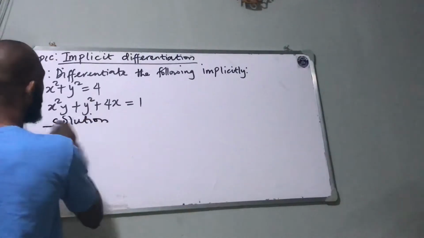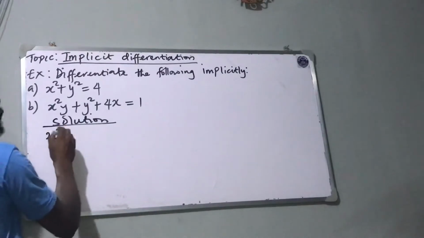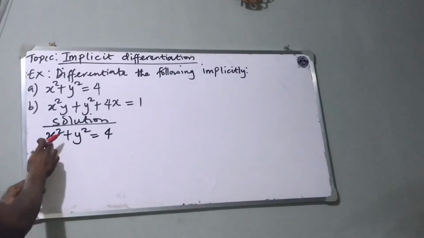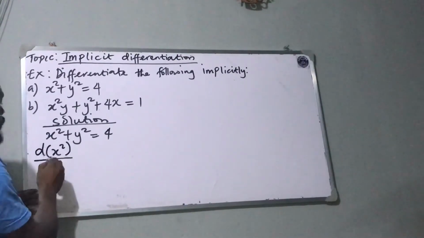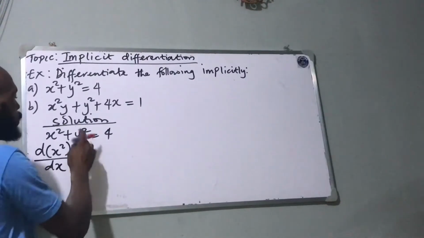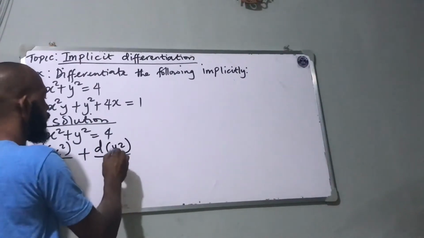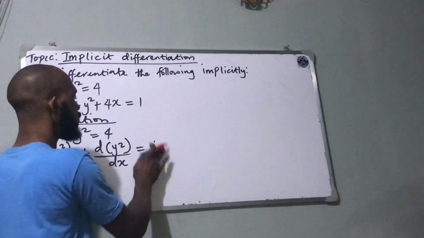All we need to do is to differentiate each of them. So we have x squared plus y squared equals 4. Now we differentiate this with respect to x, so we have x squared with respect to x, plus we differentiate y squared also with respect to x. And we'll also do the same thing for the constant. We differentiate 4